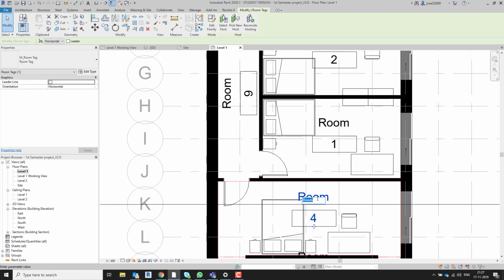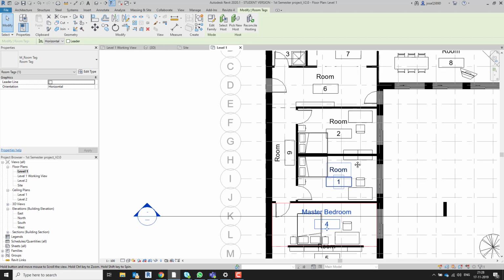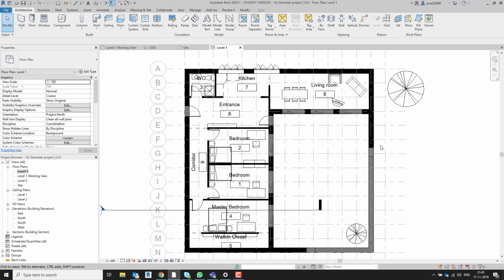Okay, so I can start renaming my rooms. So click on the tag, click on the text, and just type the room name. Bedroom. Just gonna define this one to be the master bedroom, and I'm just gonna do the rest for the entire house. Okay, so after naming all rooms,